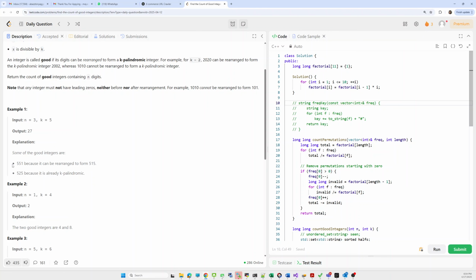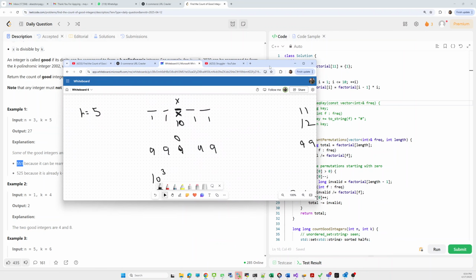So we have to return the total permutations of 551, using the digits 5, 5 and 1, whatever numbers we can form using that. There are multiple numbers we can form, like 155, 551, 515.